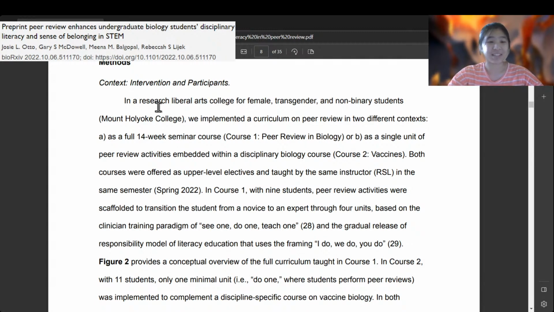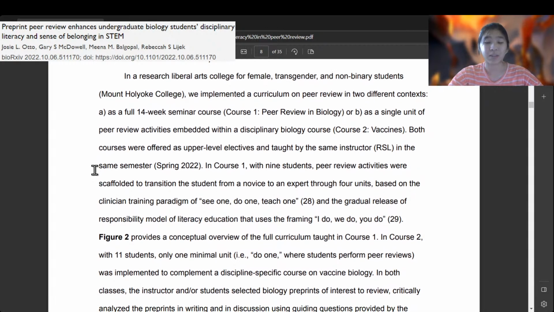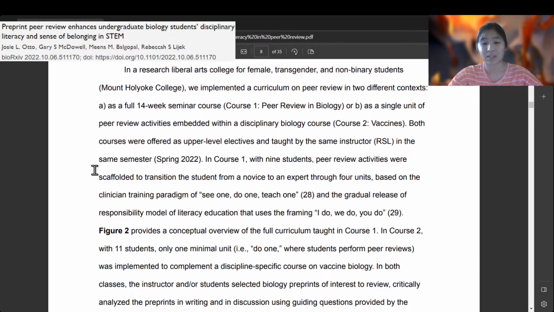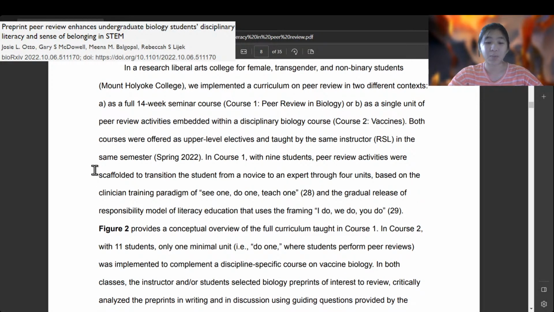Methods, context, intervention, and participants. In a research liberal arts college for female, transgender, and non-binary students, Mount Holyoke College, we implemented a curriculum on peer review in two different contexts. A, as a full 14-week seminar course, Course 1, Peer Review in Biology, or B, as a single unit of peer review activities embedded within a disciplinary biology course, Course 2, Vaccines. Both courses were offered as upper-level electives and taught by the same instructor, Arcel, in the same semester, spring of